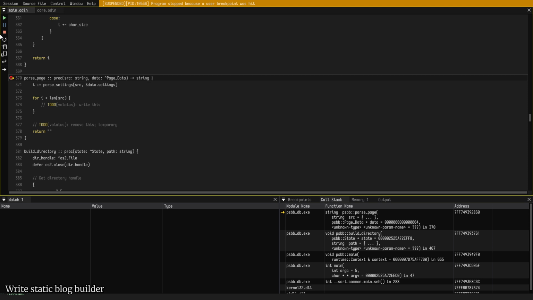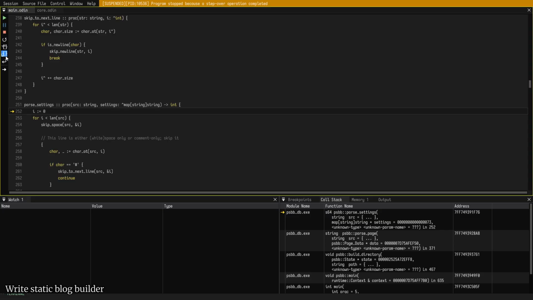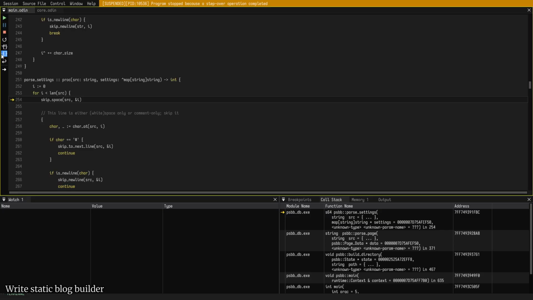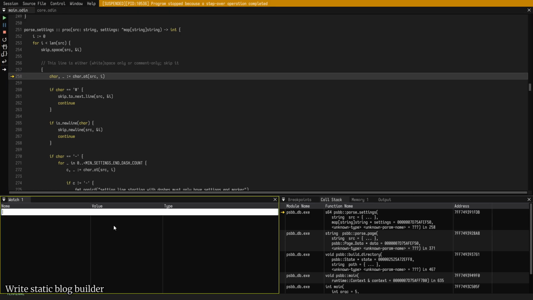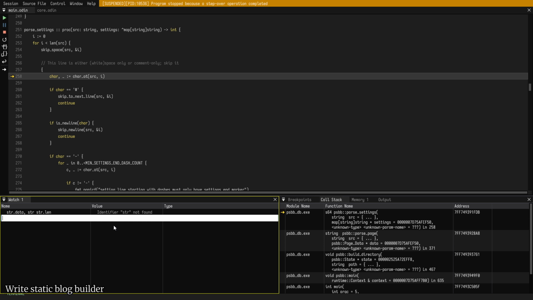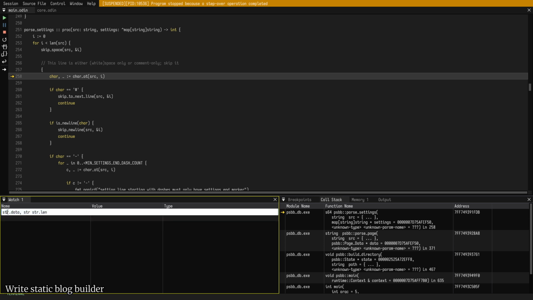Okay, so we are in parse page. And it's going to parse settings. It starts at I0 and it starts this loop and it skips white space. Awesome. And I should still be 0. Yeah, there we go. Also, we can see what the source string is by doing... Guys, I am not extremely proficient at RemedyBG. I try, okay? So please bear with me. I will do str dot data colon string str dot length. That is not how you do it, because it's not called str but src. Oh, that explains things. Yes,